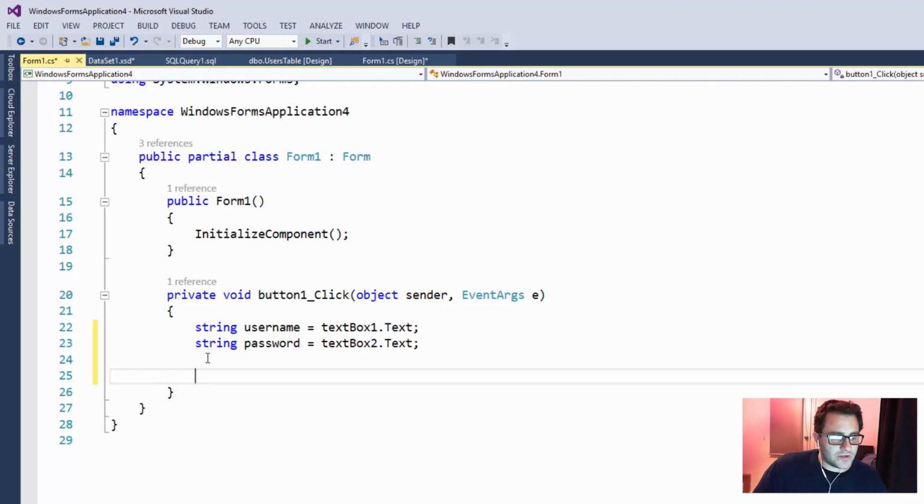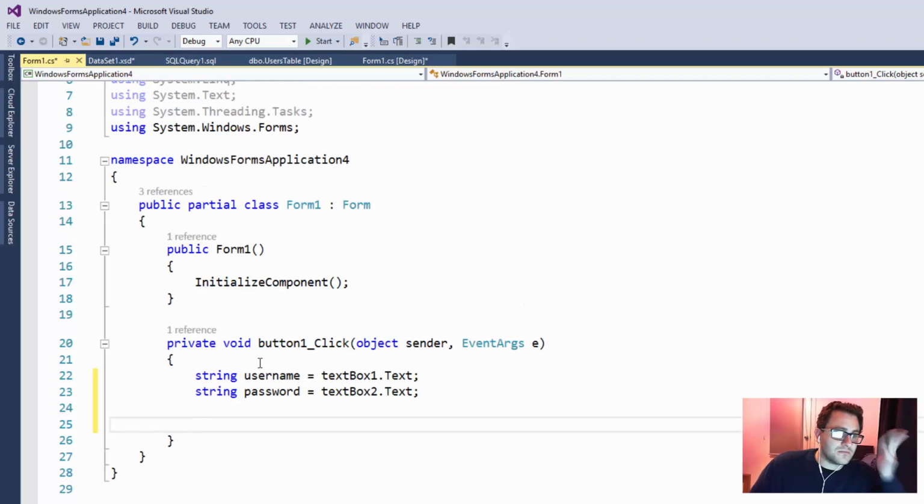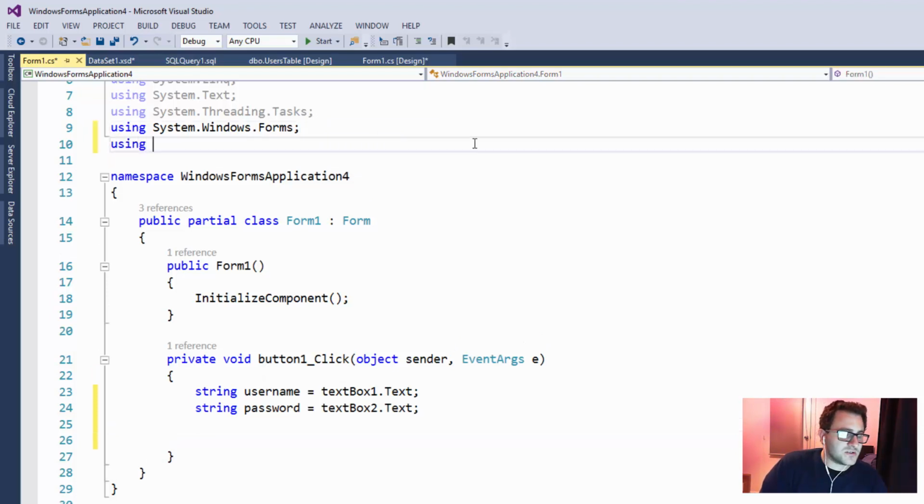So we could write a quick query without using an SQL connection, which would be better using SQL con. Using that would definitely be better, but for this case we're connecting directly. We could still do using SQL connection. I mean, I could probably do that. Yeah, let's go that way. So straight away I'm going to go using